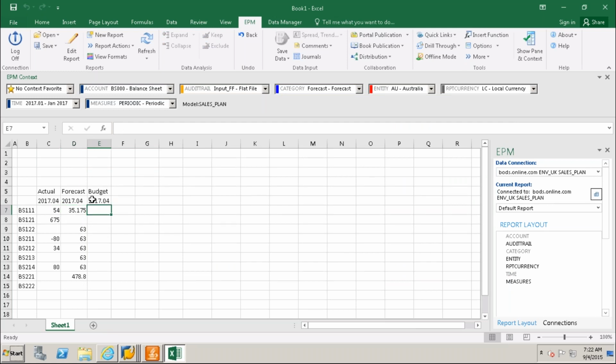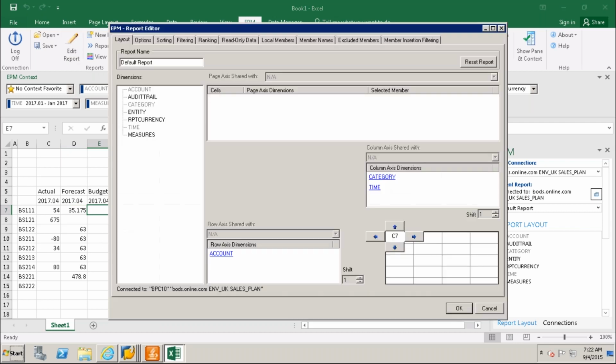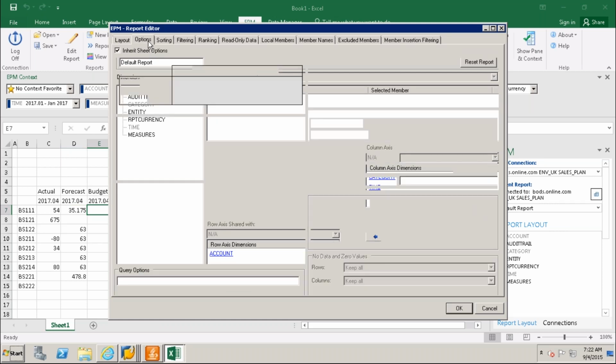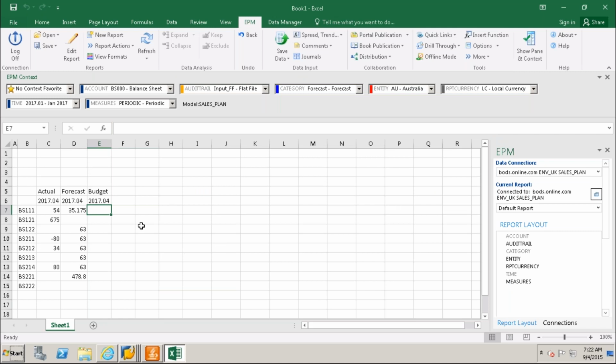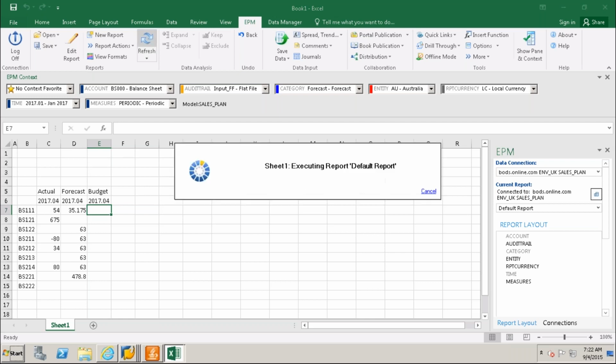I'll generate the budget values now by using the script logic. Go to edit, options, inherent, use as input form. Okay, and now it is input form. Refresh.